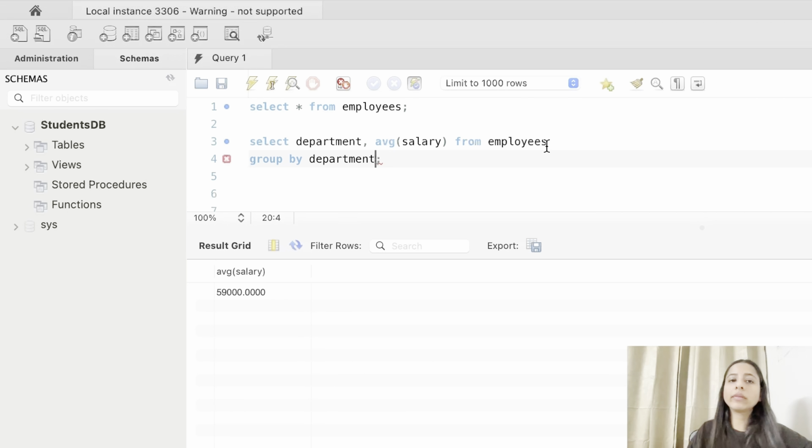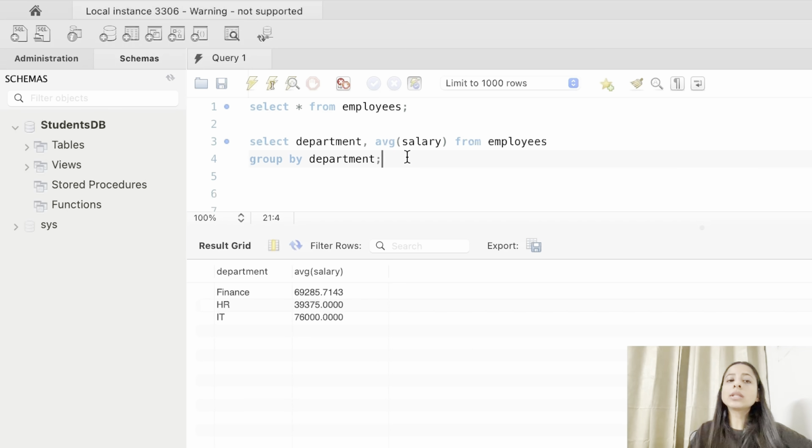This will give us the average salary of each department. Let's execute this. And here we get the department-wise average salary. Again, we are not getting all of the records of the employees table, but only the department and the average salary per department.